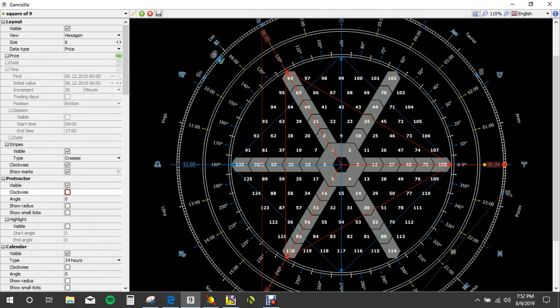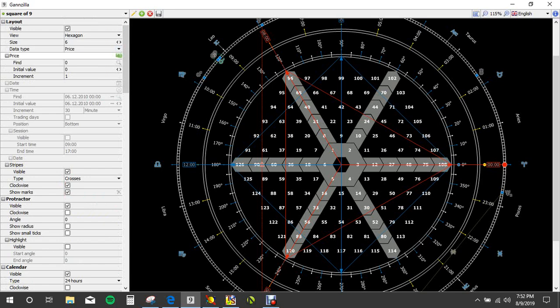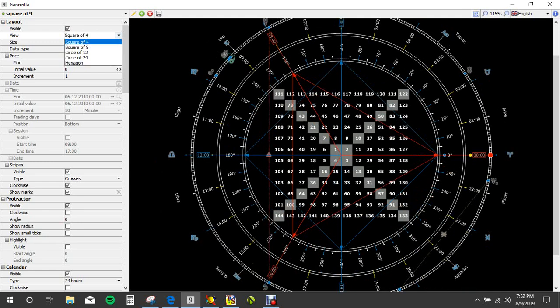But to keep things fairly straightforward, what I find most important to understand about Gannzilla and trading is that numerology is really where it thrives. Not so much with astrology, but its numerology is quite good. That's my opinion, but certainly do your back testing and you should find some solid results, as I have. The square of 4, it's my opinion that